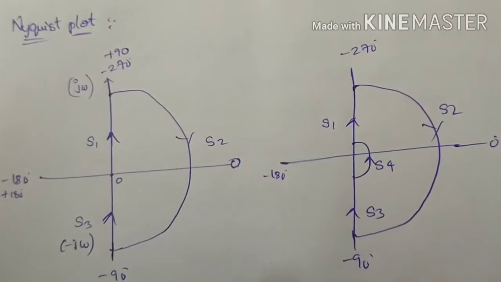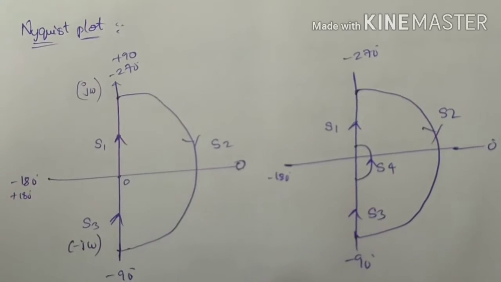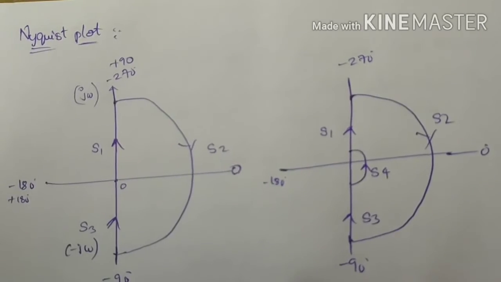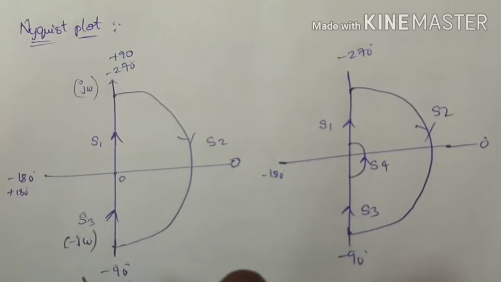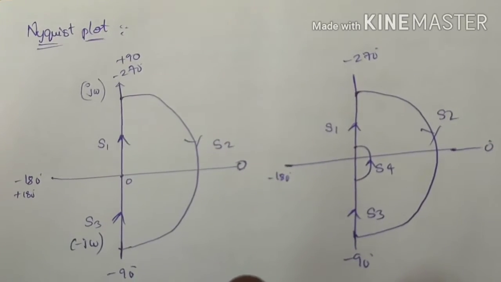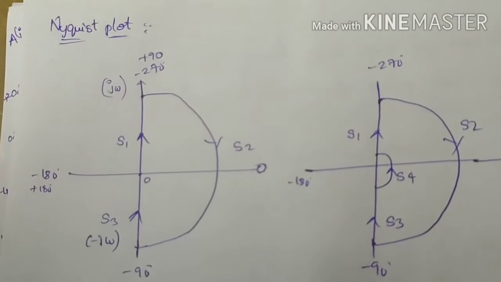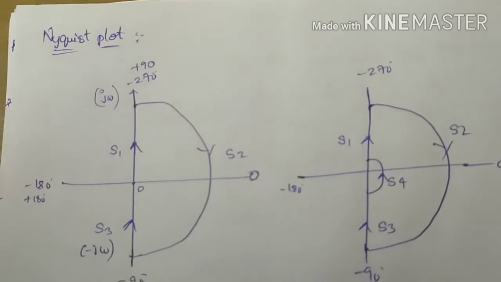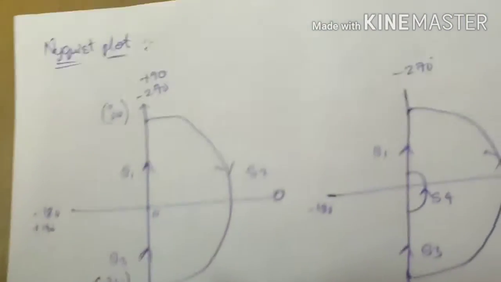Nyquist plot. We have seen two plots before, that is Bode plot and polar plot. Regarding disadvantages, both Bode plot and polar plot define the stability only for open loop control systems, whereas the Nyquist plot will define it for both open loop and closed loop systems at a time. So we can define whether the open loop system is stable or not, or whether the closed loop system is stable or not. It is very simple compared to the previous two plots, but we have to follow some procedure here which is different from Bode plot and polar plot.